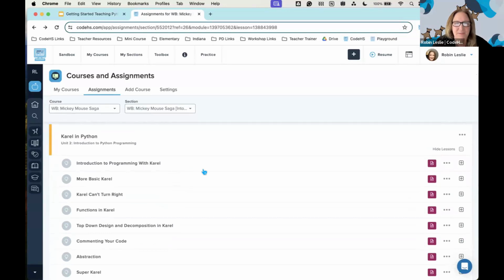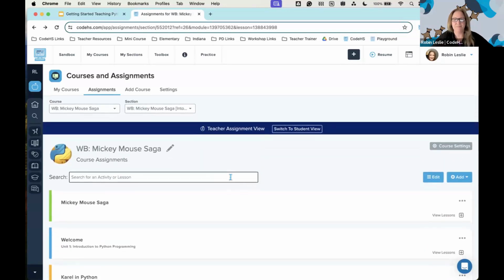And you can see some of the things that we have for teachers. So a quick and easy way, you can see I'm in the teacher assignment view. If I was a teacher teaching this lesson to my students, I would click the switch to student view so students can see it as they normally see it. They don't need to see all of the other teacher things. So I'm just switching to student view, and then this should be the view that you see when it pops up.